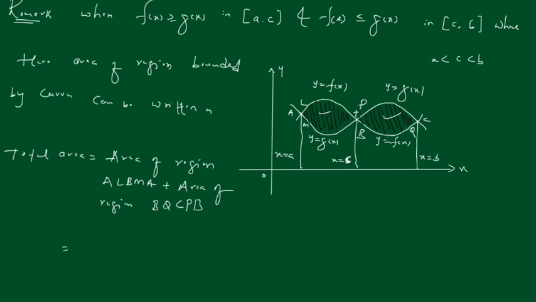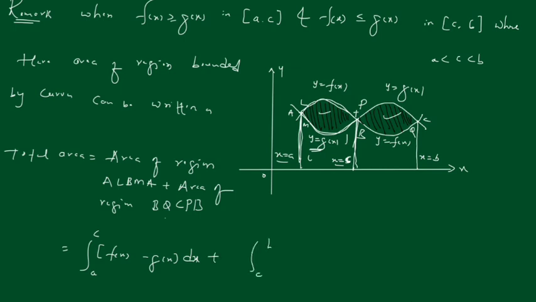Which can be written as integration a to c of f of x minus g of x dx. Here f of x means this much area we are considering, minus this area, right? So f of x minus g of x, where g of x means this area. f of x gives the whole area up to here, and g of x gives only this much area below. This area only we get,